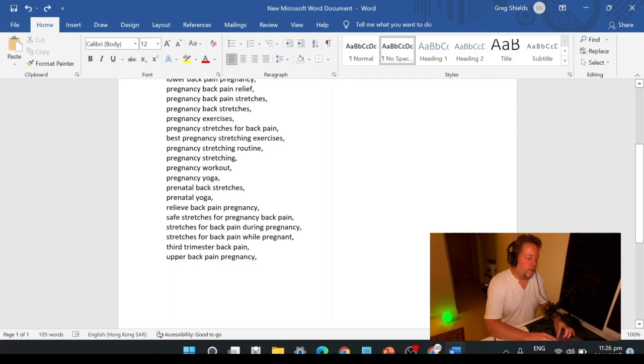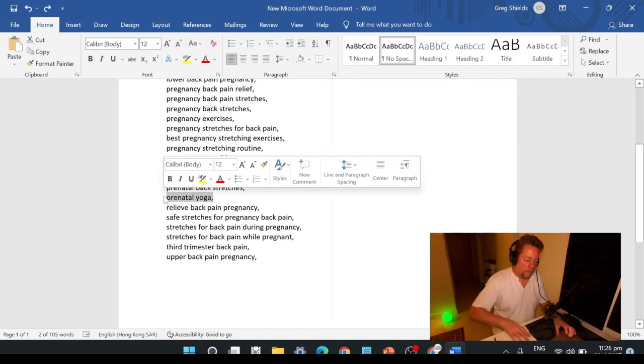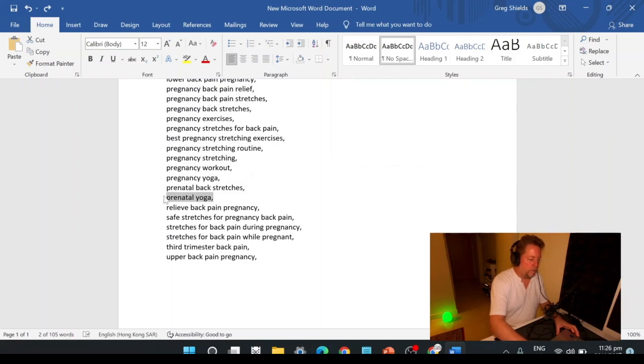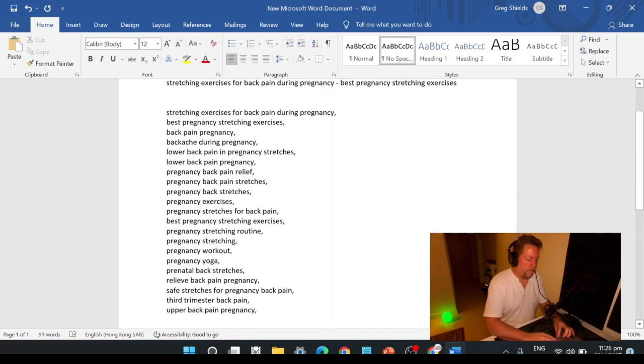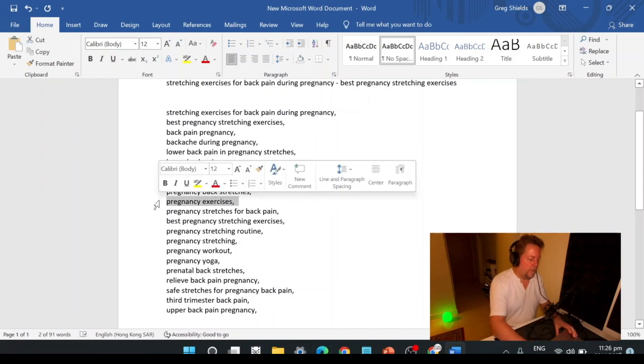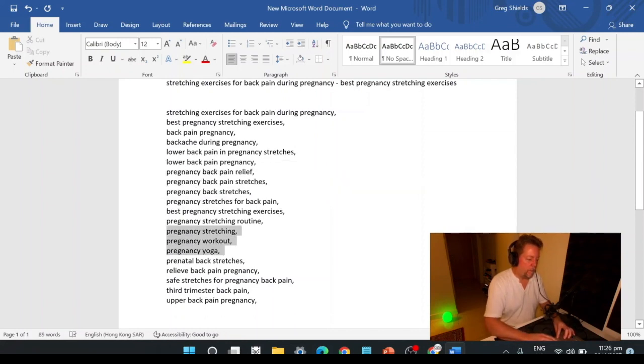So we've already got a lot of, let's see, I'm going to take out prenatal yoga. Take out prenatal yoga. Let's see. Okay. Take out some. These are kind of redundant. These are kind of repetitive. So these are long, so this is going to save stretches. All right. So let's take out some of these shorter ones because, as I said before, the longer ones are the better ones. Okay. All right, so now our list is significantly shorter.